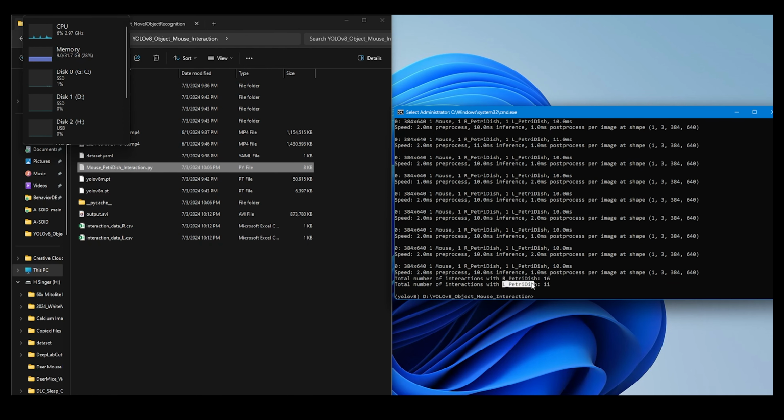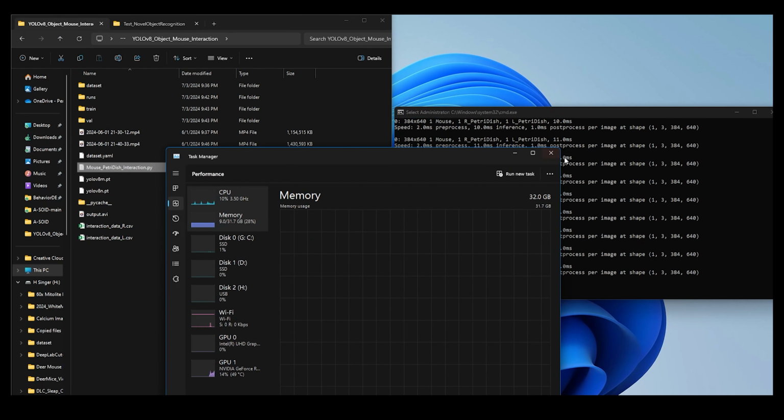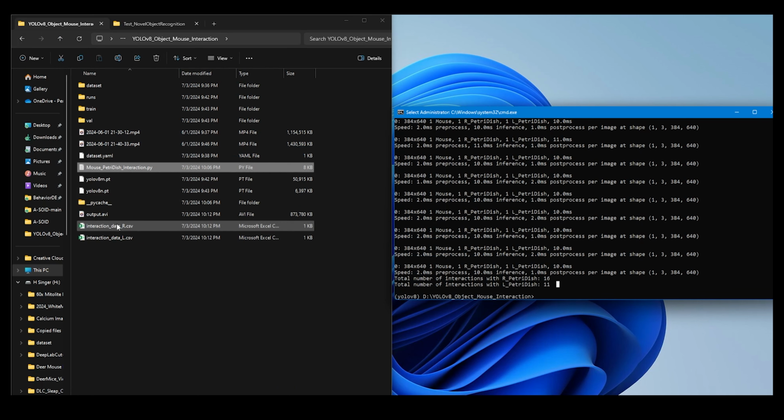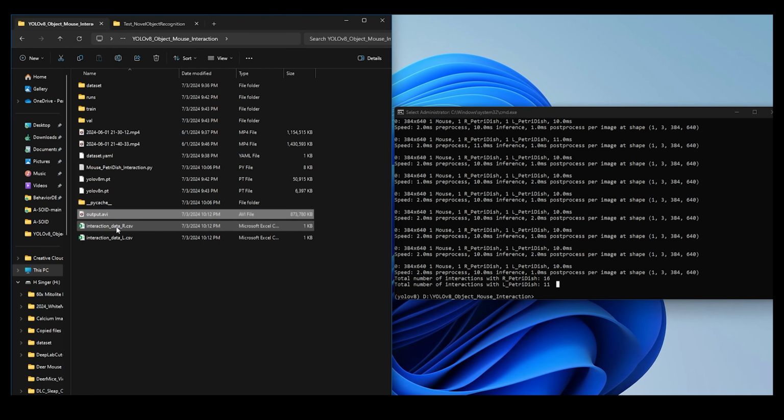After it has done its execution, it will print out 2 numbers for you if you have 2 objects like I have here, and then you will be able to see the 2 output CSVs and this AVI file. The 2 output CSVs are for each of your object and the number of interactions and frame duration for the interactions.